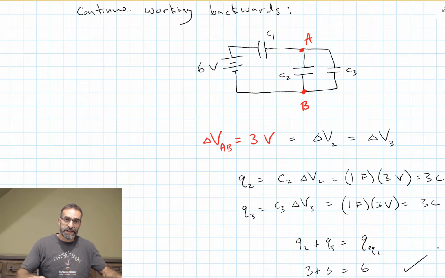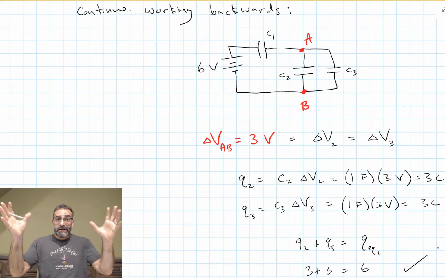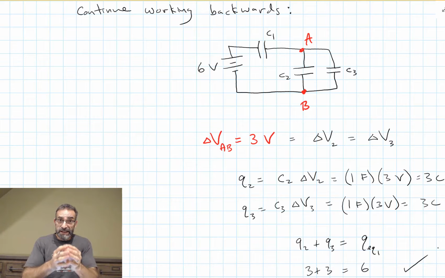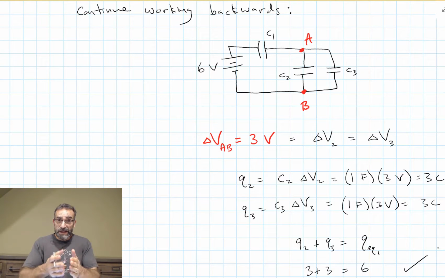Now this was a fairly simple circuit, but you can take very complex circuits and oftentimes reduce them down to one equivalent capacitor. And when we get to resistors, we can do the same thing. We have rules for series and parallel resistors. We can take a complex circuit of resistors, reduce it down to one equivalent resistor, and then slowly work our